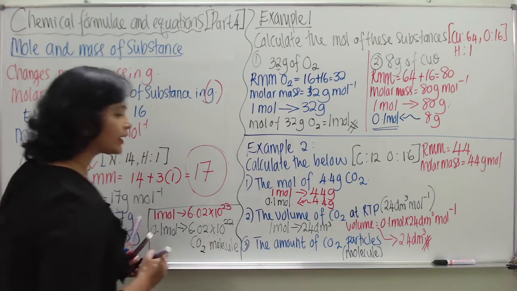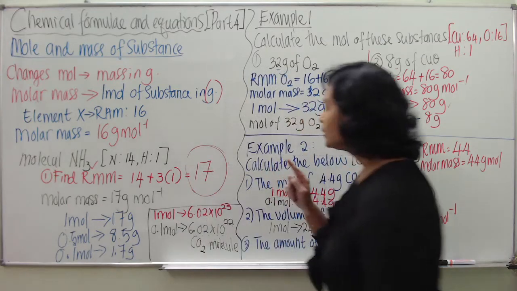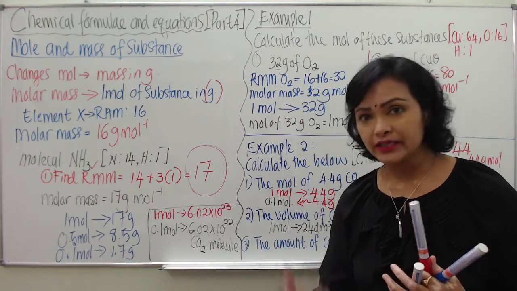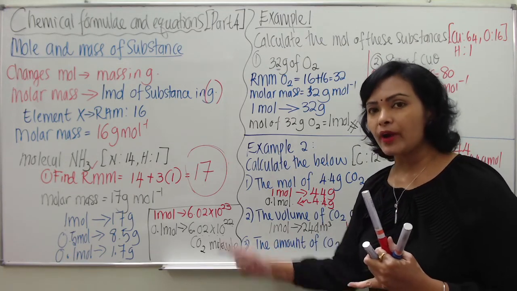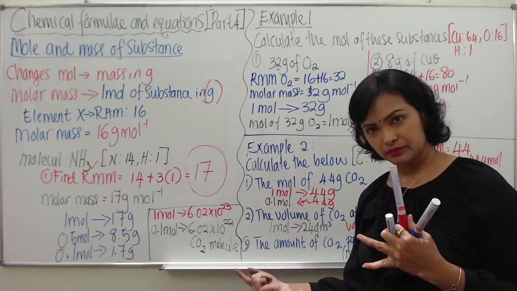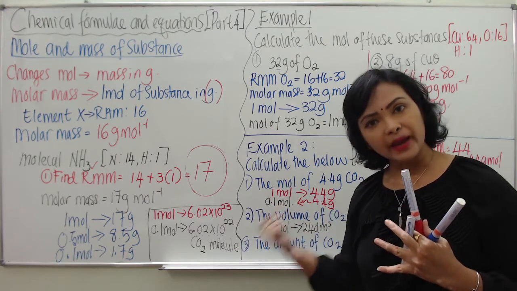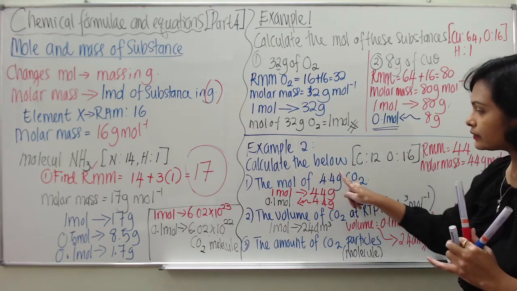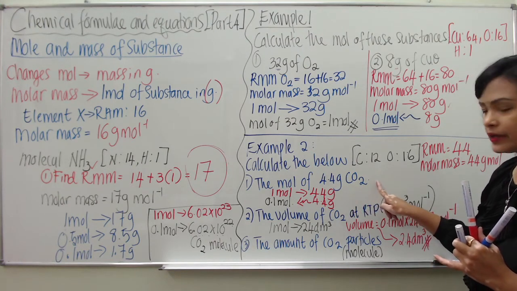Okay, so teacher would like to repeat this example. Second example, we are going to combine all that you have learned regarding particles: how to combine mole and particles, how to combine volume of gas and mole, and how to combine mole and the mass of substances. Now look at this question. Calculate the mole of 4.4 gram of carbon dioxide.